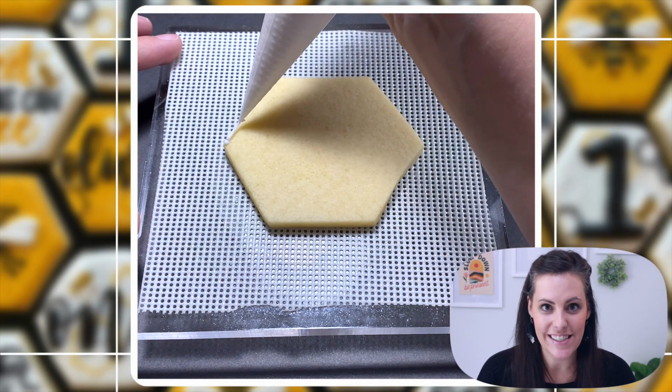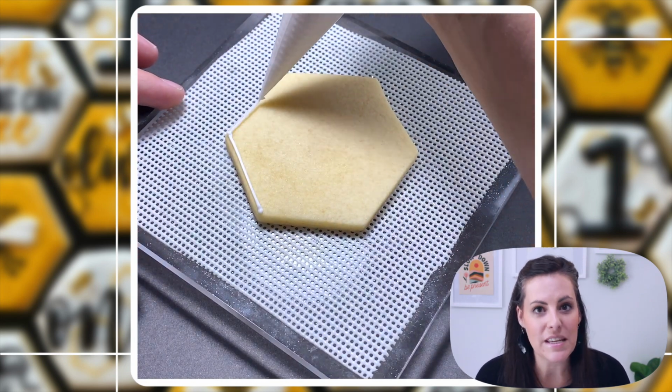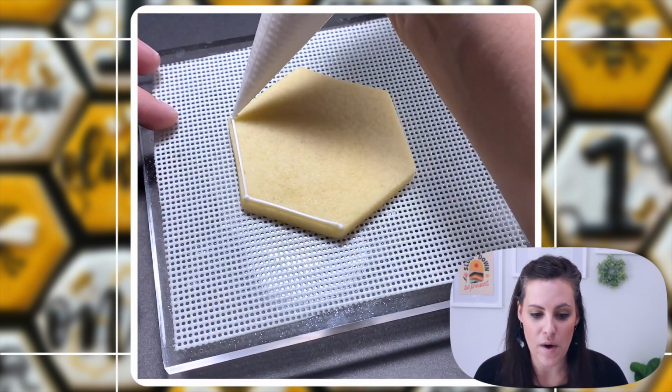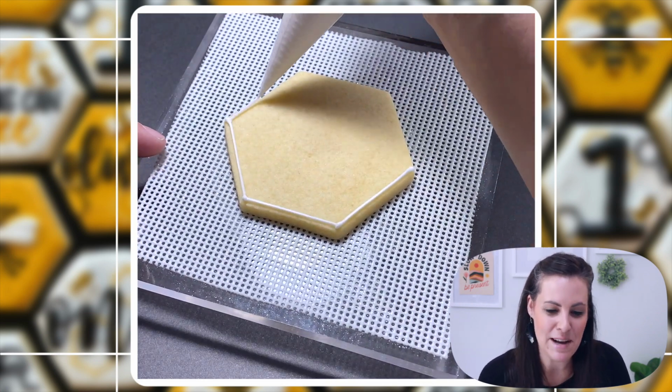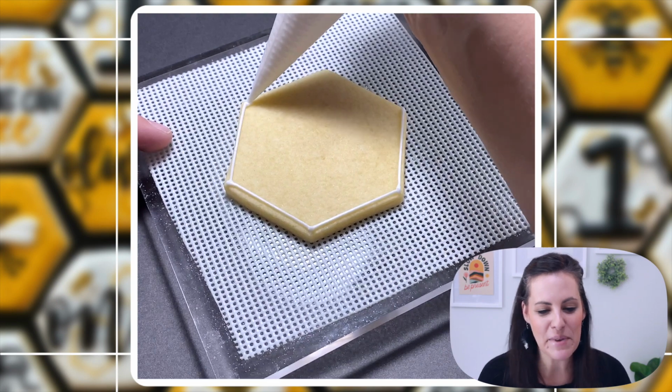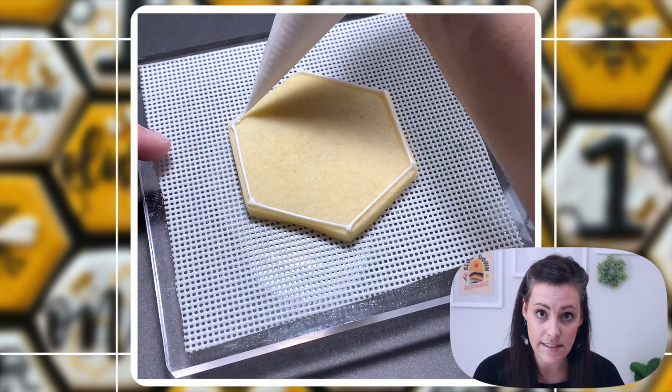Okay, our next design, this is our third design, is the first Beeday cookie. We've got another white background. So this is going to be the same process that you've seen me do several times now because it's the same cookie shape. But this is a hexagon, and we do have this hexagon in our Etsy shop for cookie cutters,